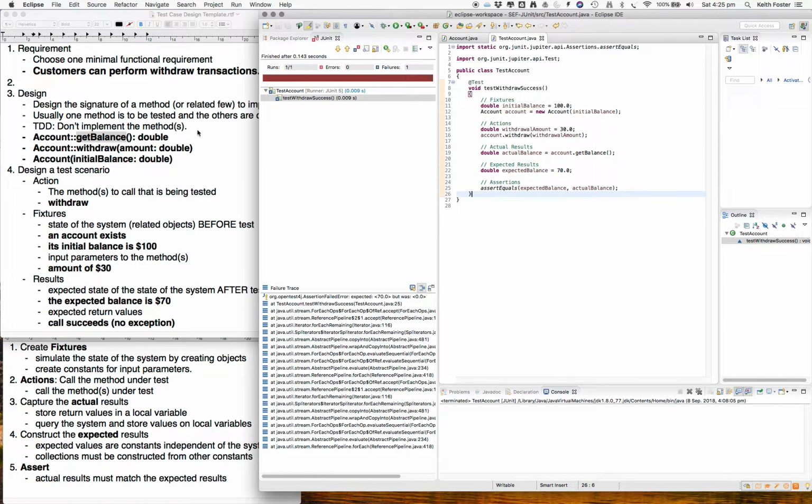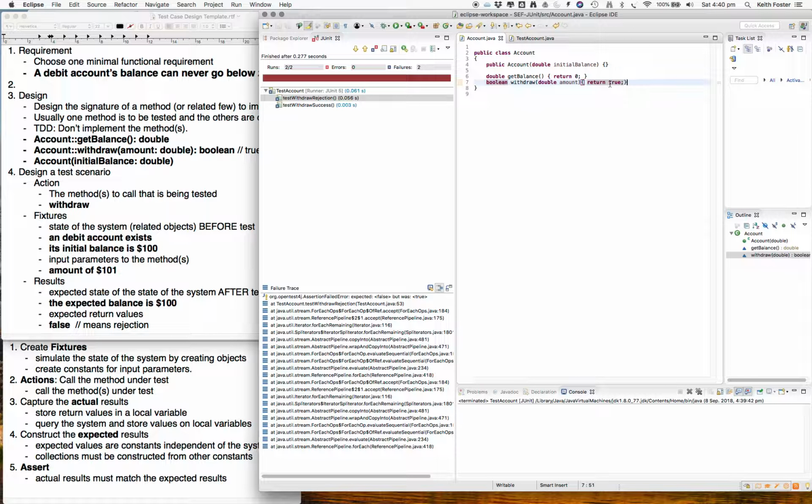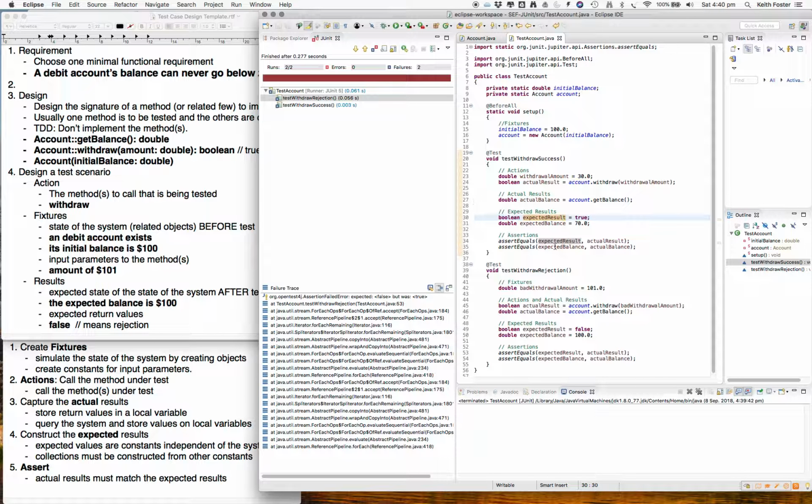Run the JUnit test. We should have 2 tests now. Okay, and you can see that this is our first test, and our second test, rejection, has failed, which is to be expected, because the assertion failed. We expected false, but we got true. We got true because we just returned true inside this withdrawal method, because we haven't implemented our application yet. So both tests fail as expected,